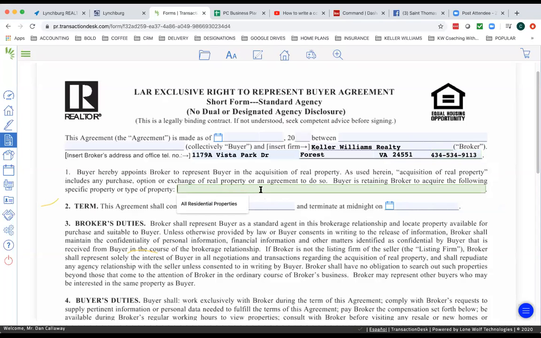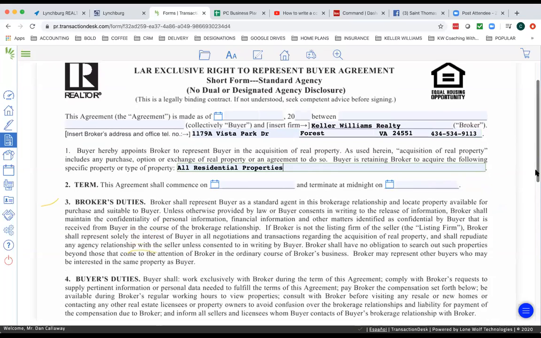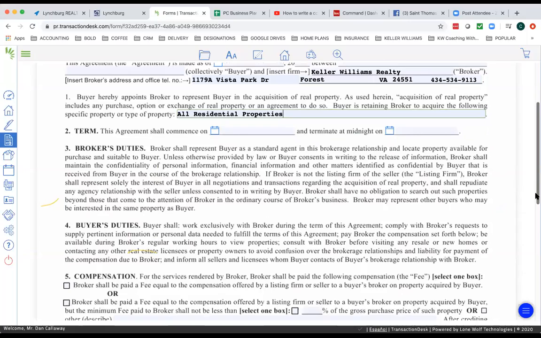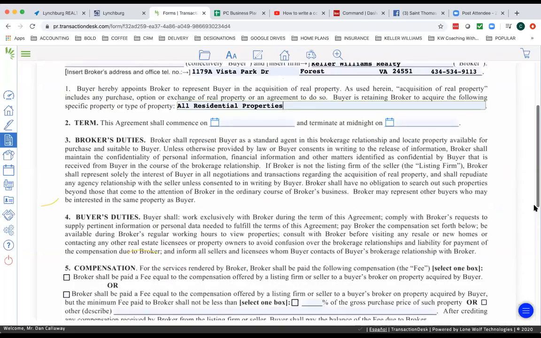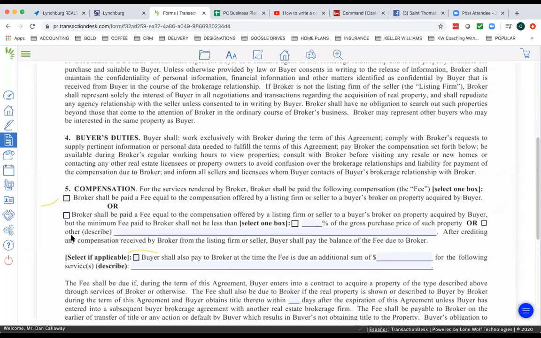Here, I typically put, until I know what I'm going to do, I just put all residential properties. You can do it whatever the way you want. So going down to number 5, I use broker shall be paid. I don't select the percentage because it's going to be based on the MLS and the listing firm. But I do click